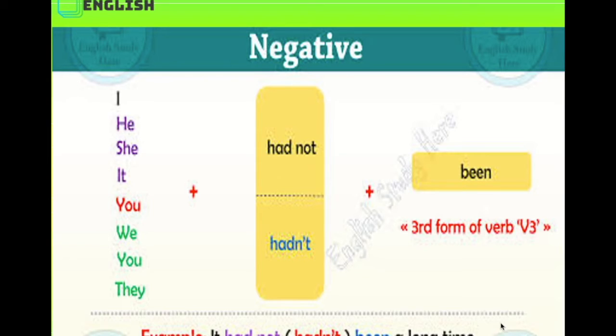Or in short form, I hadn't been, he hadn't been, she hadn't been, it hadn't been, we hadn't been, you hadn't been, they hadn't been. For example, it had not been a long time, it hadn't been a long time. See here, had not is written as hadn't.